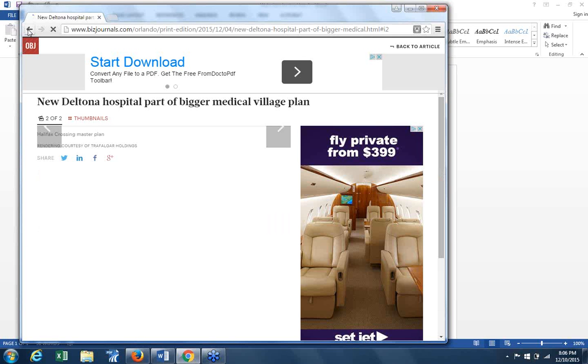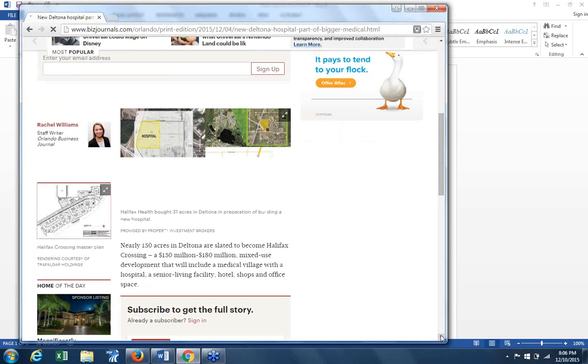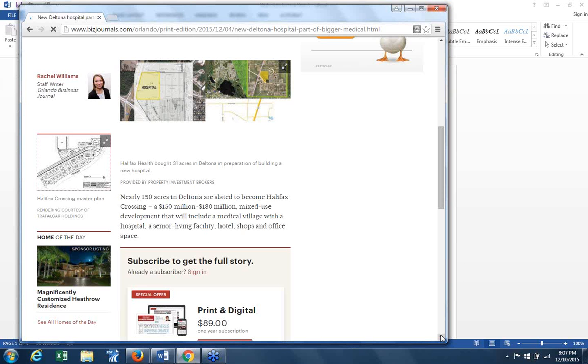It's 150 acres, so this is a pretty big deal. Mixed-use development, medical village, hospital, senior living. When you have a senior living facility, or a lot of them, the doctors nowadays will come into the facility to visit like one day a week, but their offices will be located all around them. Wherever you find medical clusters, you're going to find doctors within a few blocks because they'll have their private practice, and then they'll do something at the hospital.